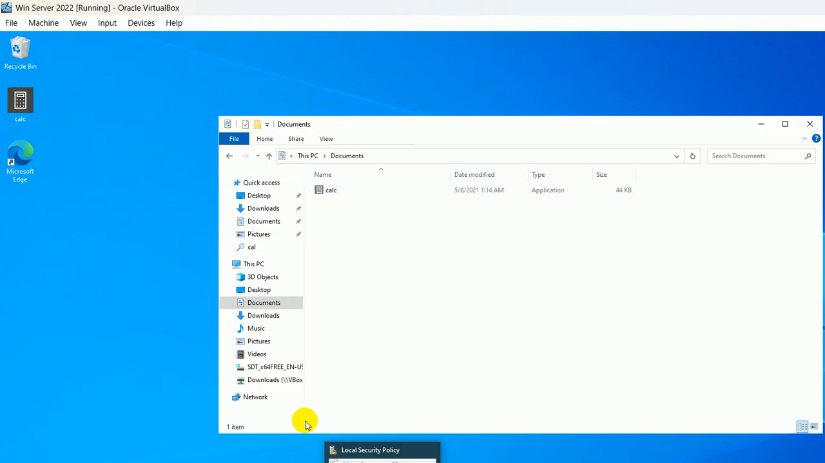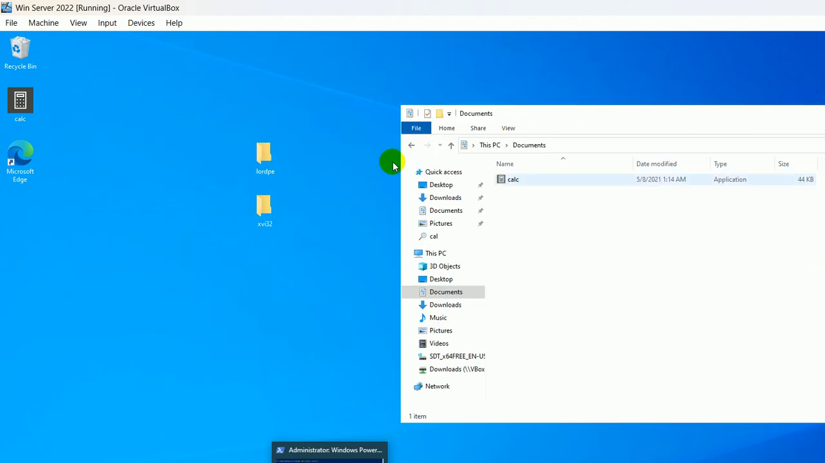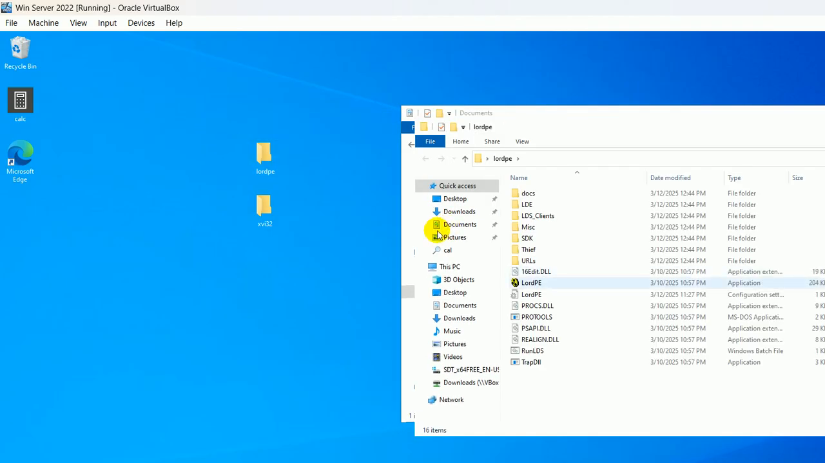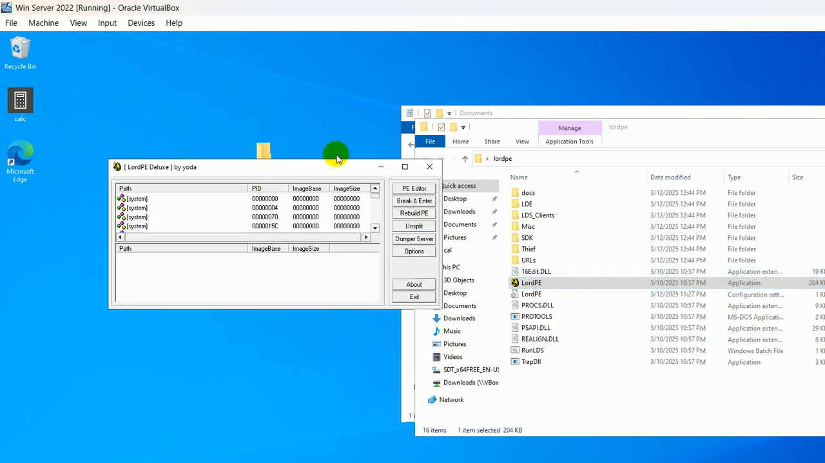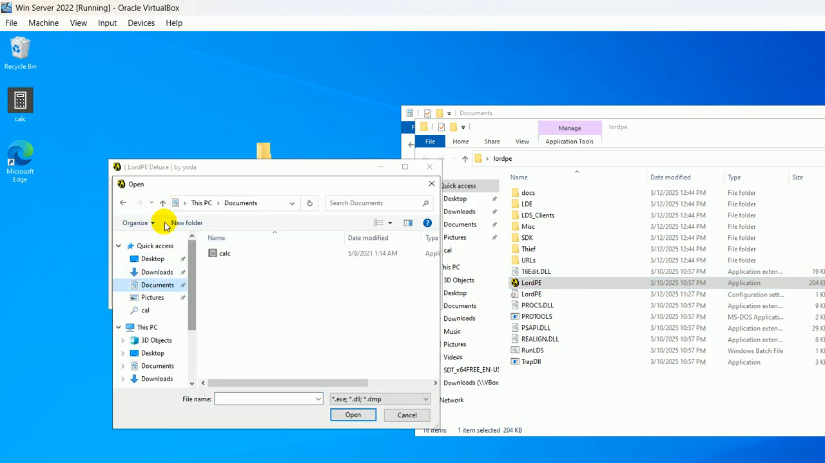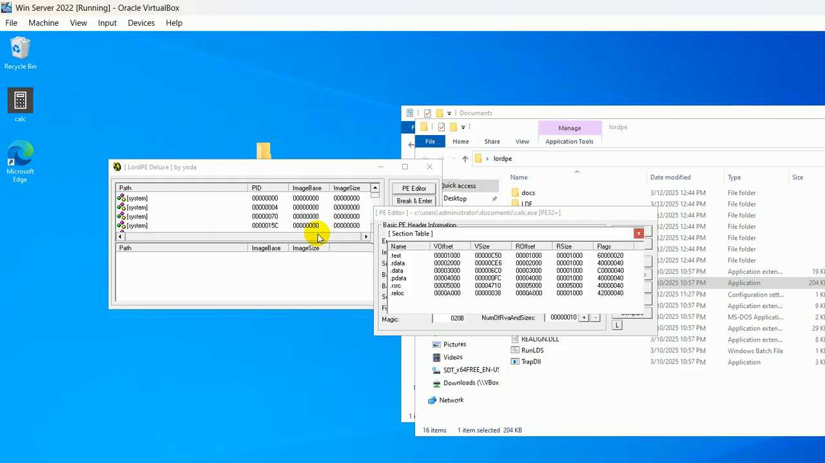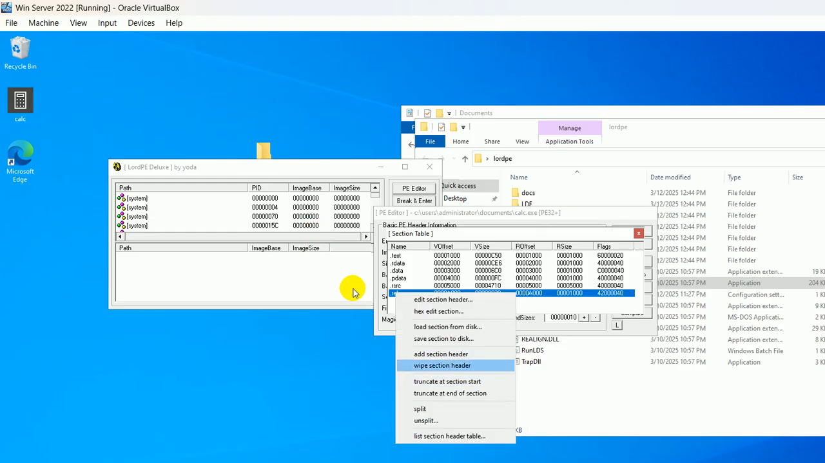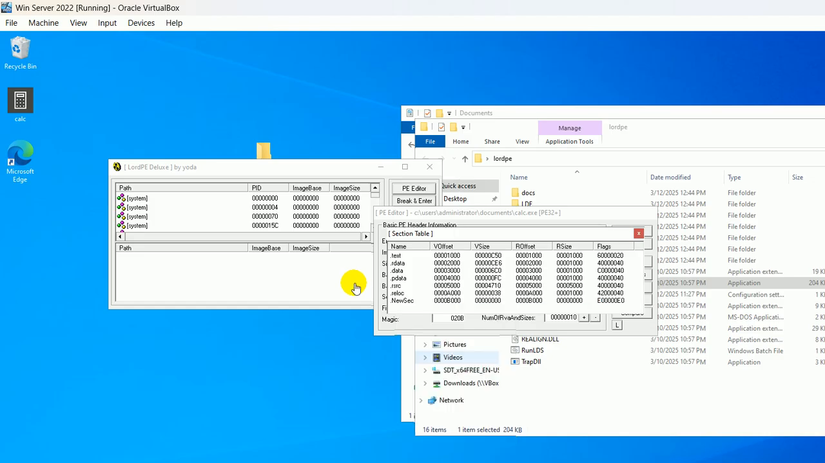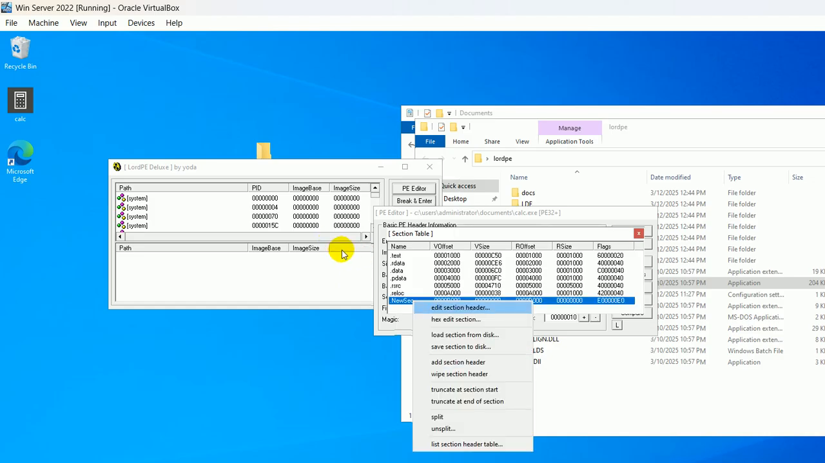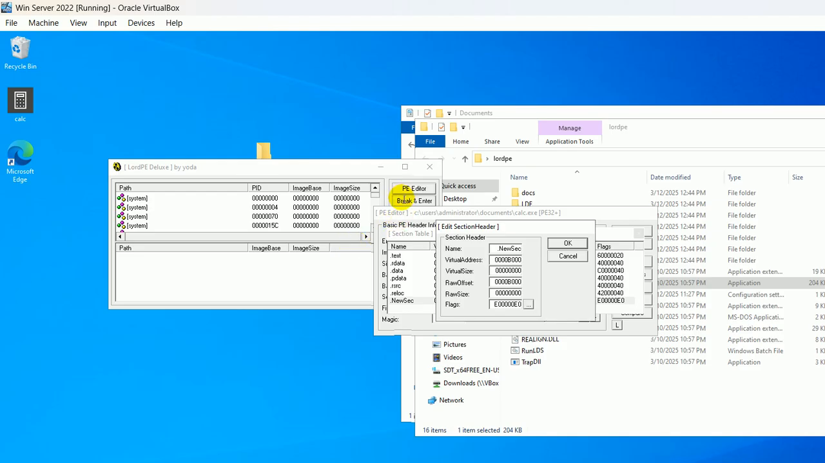So now what I'm going to do is open the LordPE and PE editor. Then I am going to open the same file which I copied to the documents. Okay, and click the sections. Then right click, add a section header. So the basic idea is to change the signature or the hash value. So add the section header, right click, edit the section header, and okay, you can